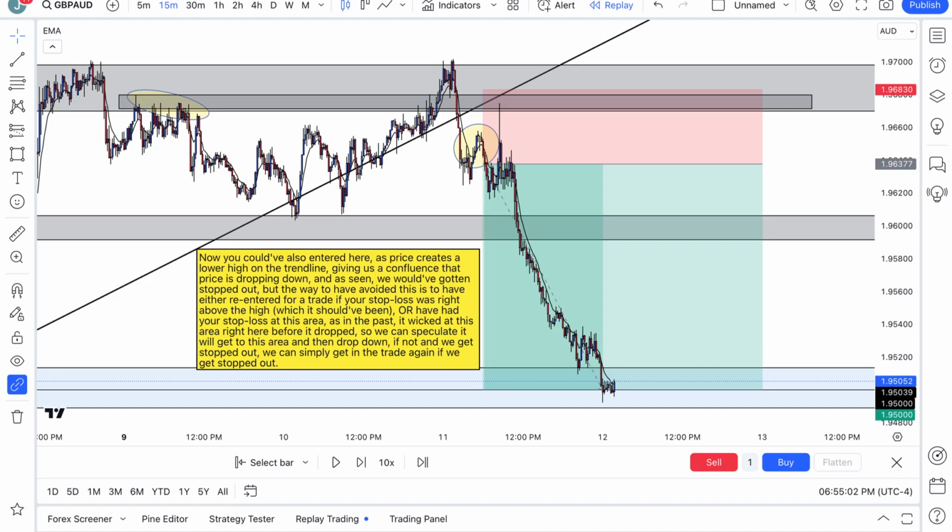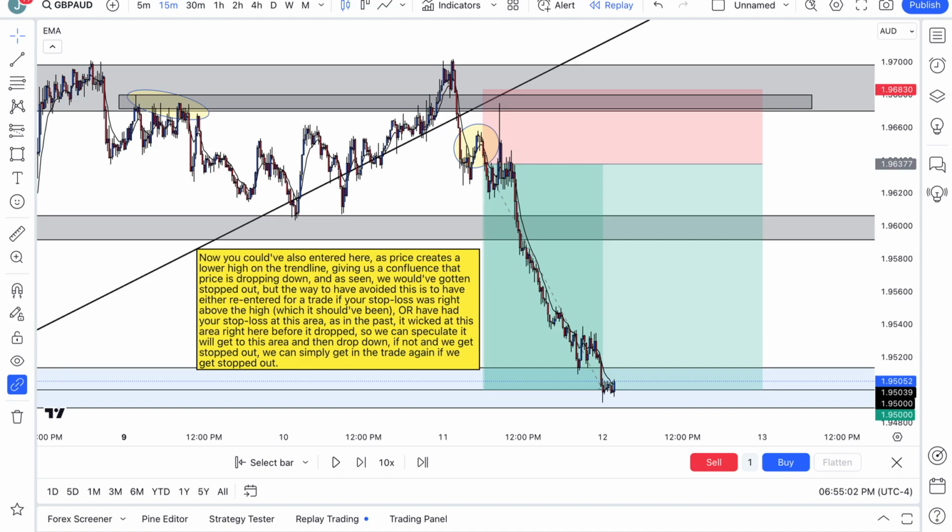Now you could have also entered here, as price created a lower high on the trend line, giving us influence that price is dropping down, and as seen, we would have gotten stopped out. But the way to have avoided this is to have re-entered that trade if your stop loss was right above the area, which it should have been, or have had your stop loss at this area,